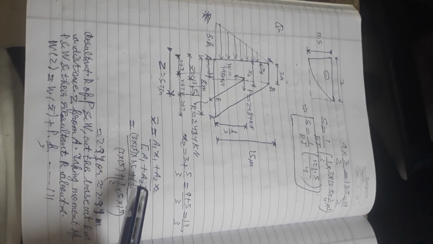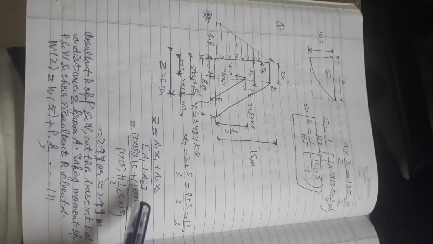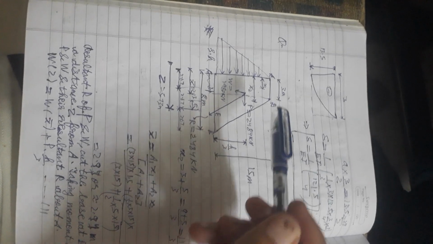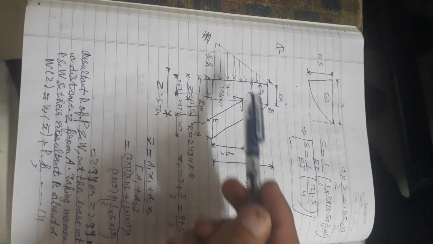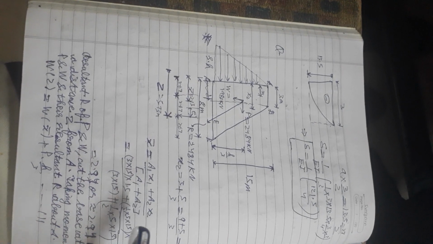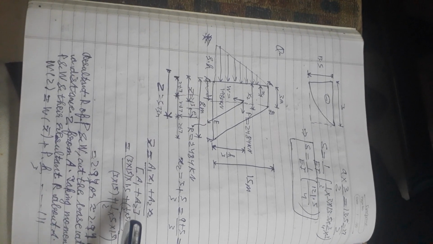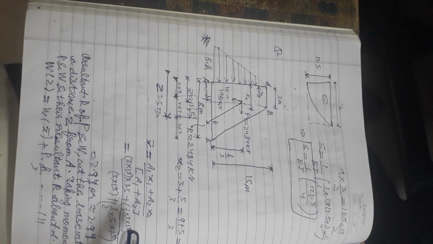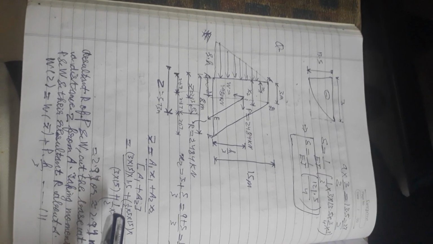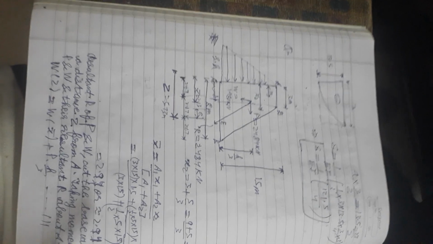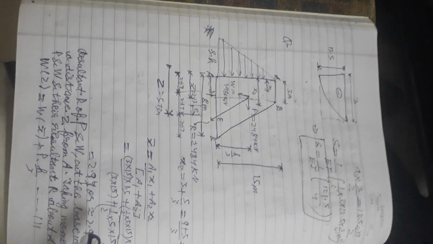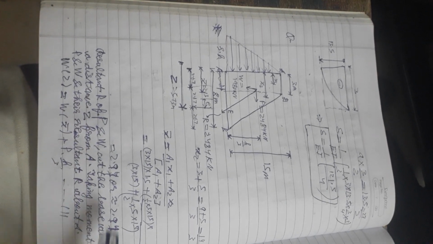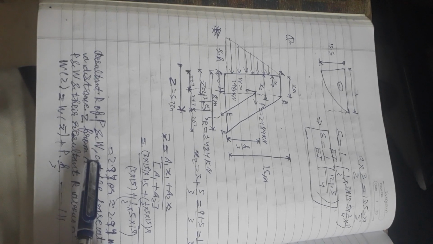to 3 into 15 into 1.5 plus half into 5 into 15. What is 3 here? This is 3 into 15 into 1.5 plus half into 5 into 15 into 3 into 5 plus 5 plus half into 5 into 15, which is equal to 2.94 meter. Resultant R of P and W cuts the base at E at distance Z from A, taking